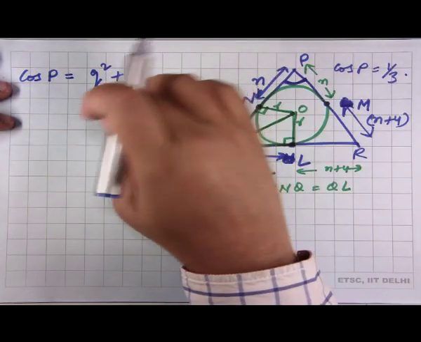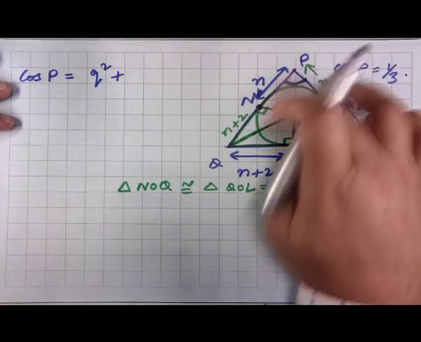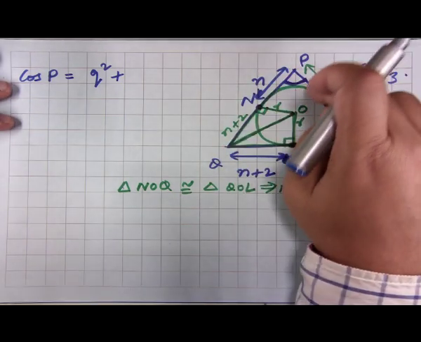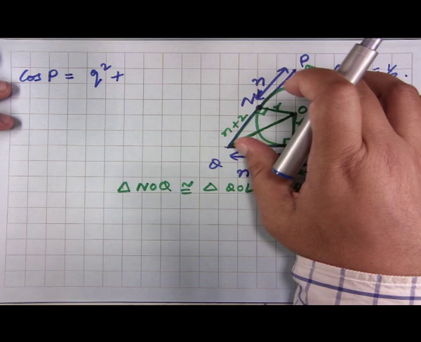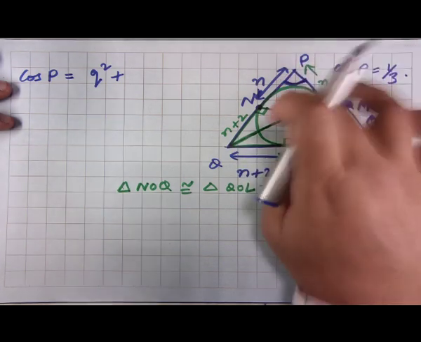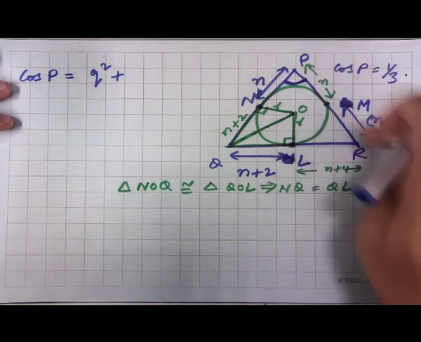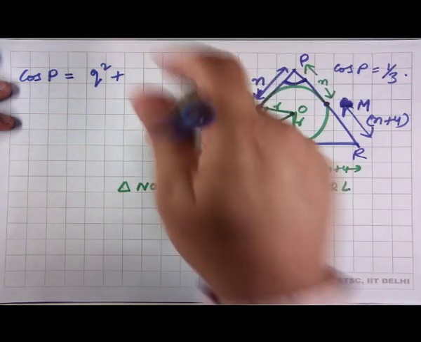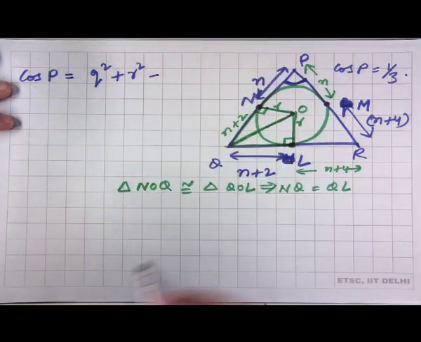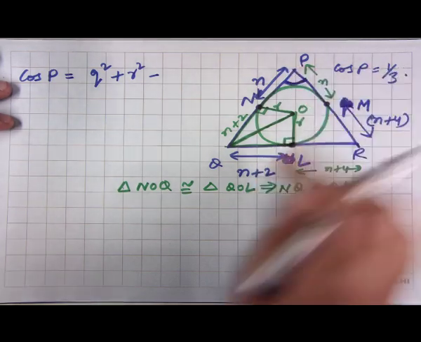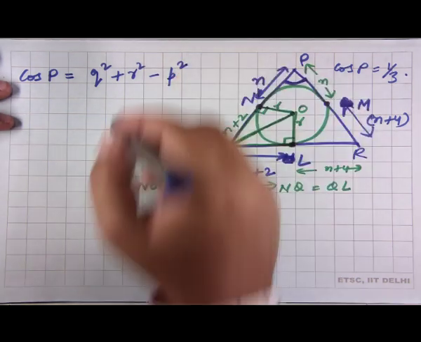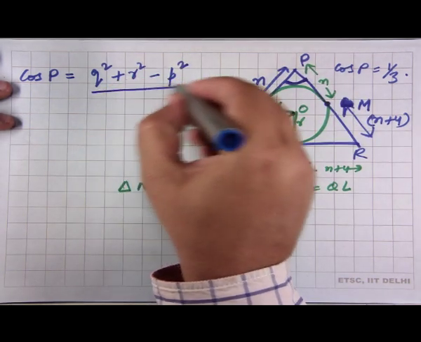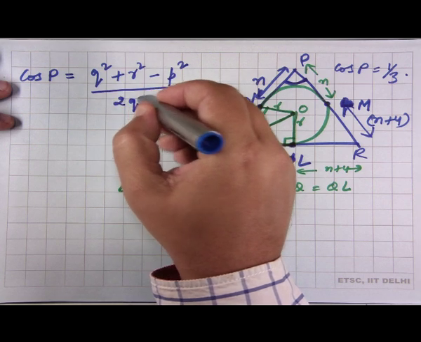So, we first add the squares of the two sides which are adjacent to this angle P, or basically the lengths of the two arms of this angle P. So, this is q square and this is r square, minus the square of the length of the side opposite to angle P, which is this side. So, let that be p, so minus p square, upon 2 q r,